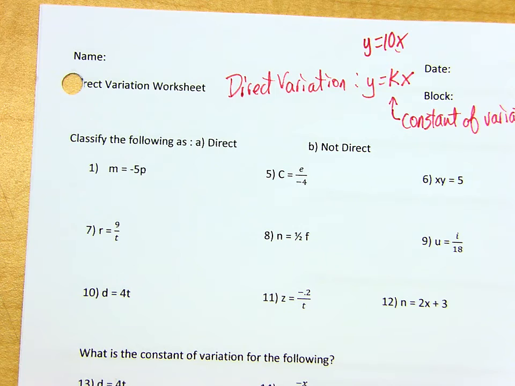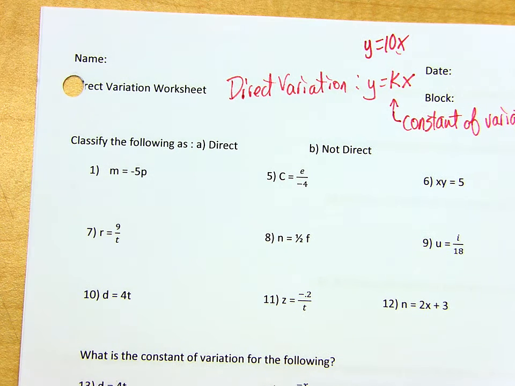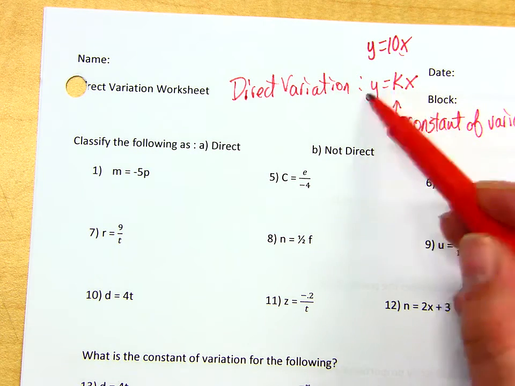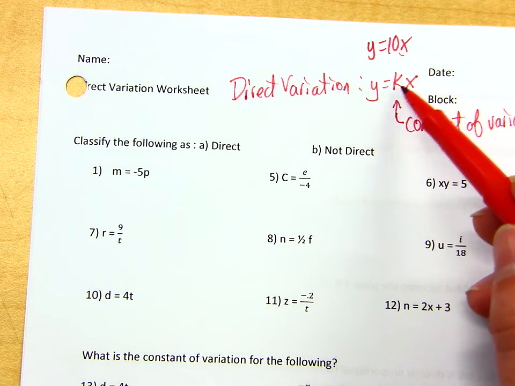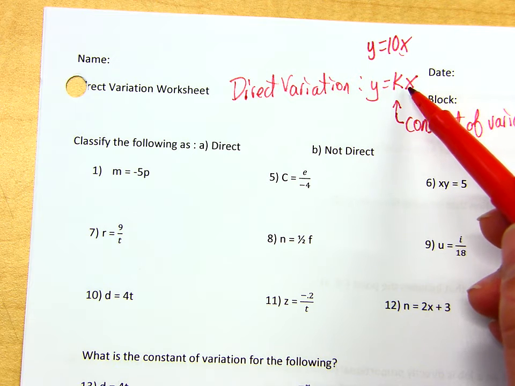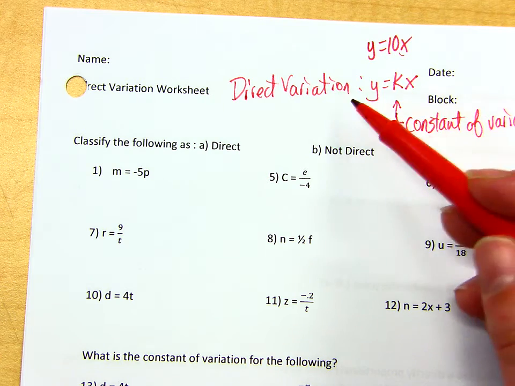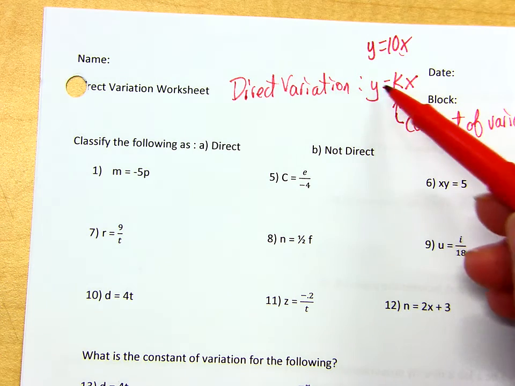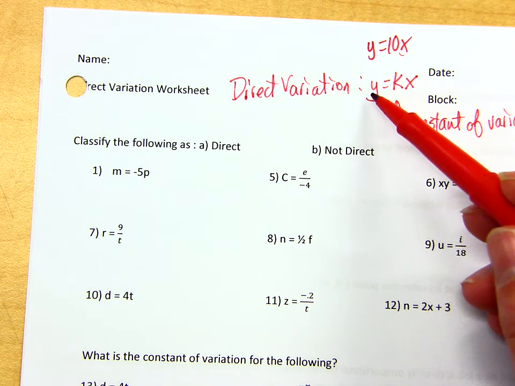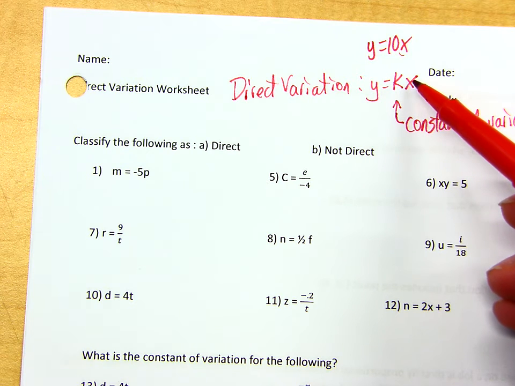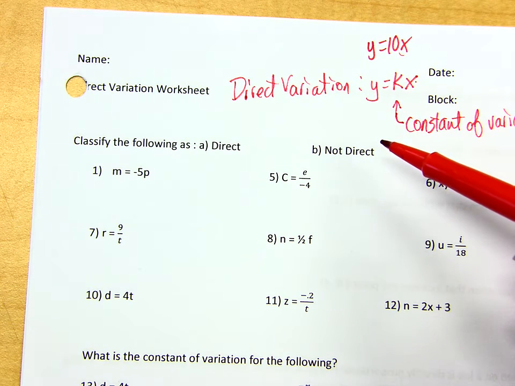So in this first section on the worksheet, you just have to classify each of these as having direct variation or not. So here's basically how you can tell. Something is in direct variation if it looks like this: y equals some number times x. Notice I'm not adding or subtracting anything else. So if I can manipulate the equation so that it looks like this, y equals some number times x,